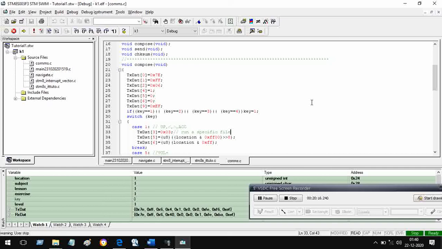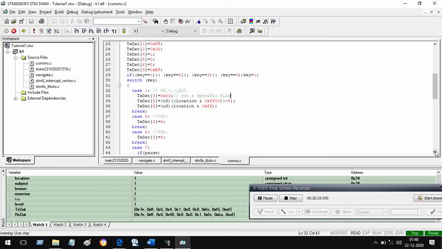Then we also check the other keys that we have seen. It is a switch statement, and you develop familiarity with the switch statement.